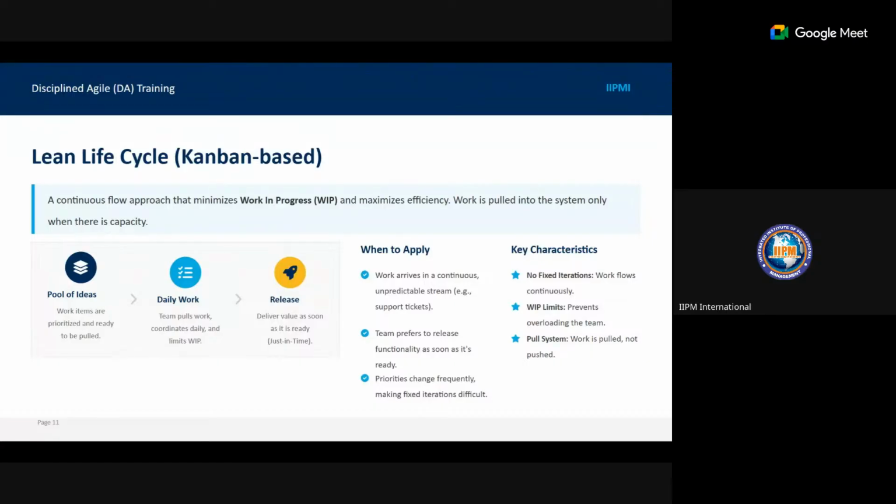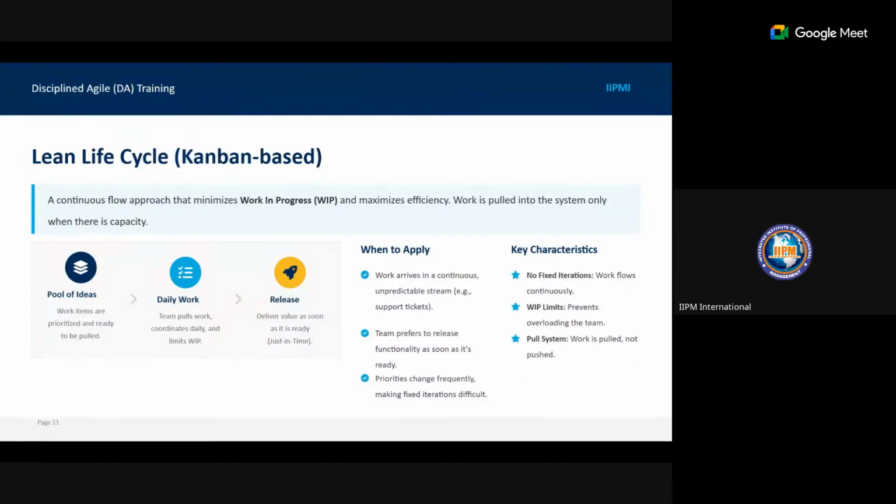So let's move on. Now you are beginning to see how Disciplined Agile works. I'm actually doing two things at the same time.